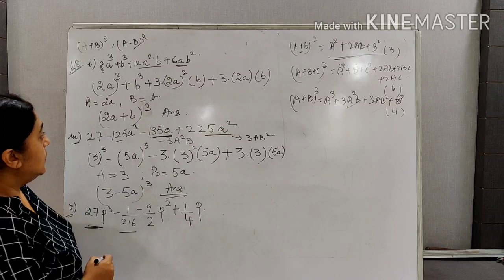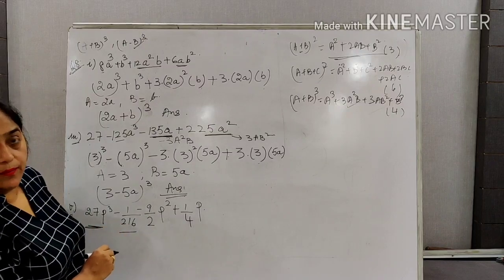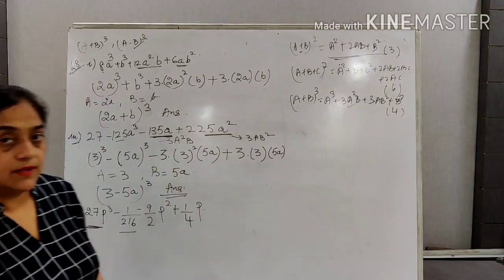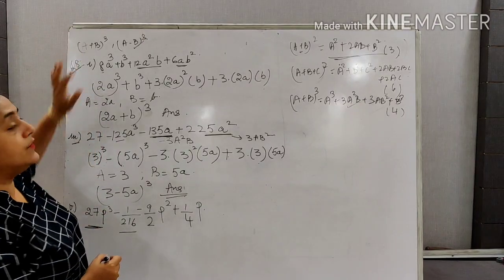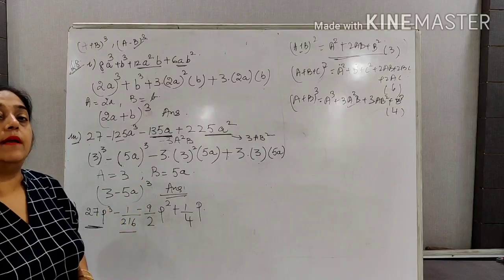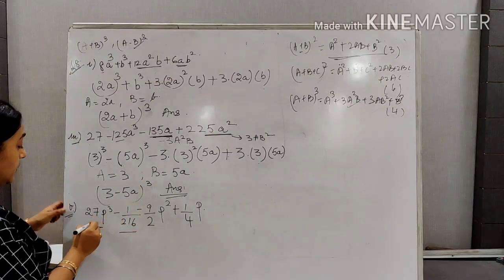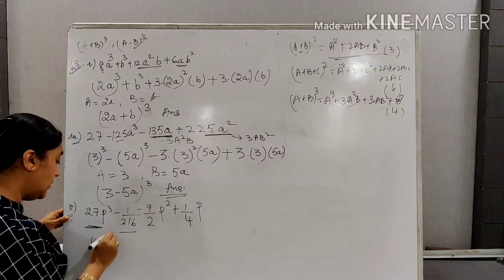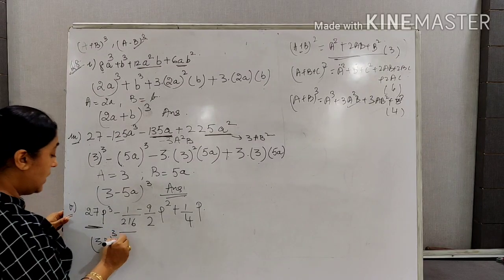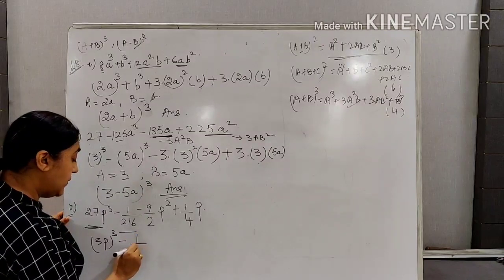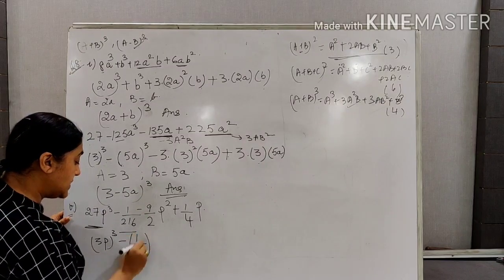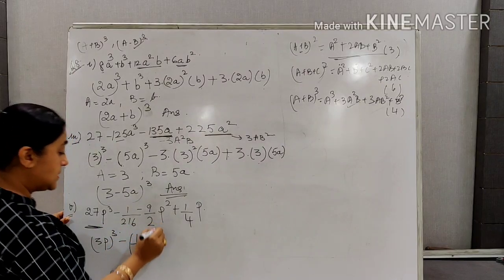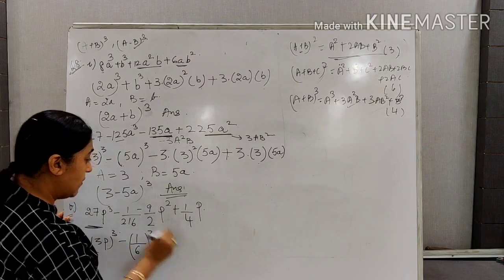So what will you do? These are the 2 cube terms. And in between, you can see that there are 2 negative signs. So what type of question is it? It is not of the a plus b whole cube type. It is of the sort a minus b whole cube. So what will you do? 27 is (3p) whole cube. Now 1 upon 216, I told you this is (1 upon 6) whole cube. Now how will you do this? Three of the formula.